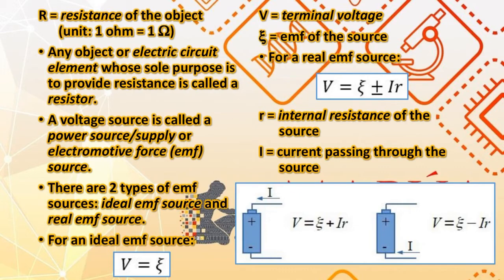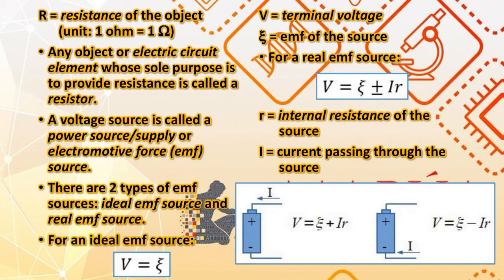On the other hand, for a real EMF source, the terminal voltage is no longer equal to the EMF of the source. That's because a real EMF source is made out of an actual material, is made up of an object. Therefore, the EMF source itself has an internal resistance, small r. When the current passes through the EMF source, Ohm's law tells us there's a corresponding voltage, Ir. Therefore, terminal voltage is equal to the EMF of the source